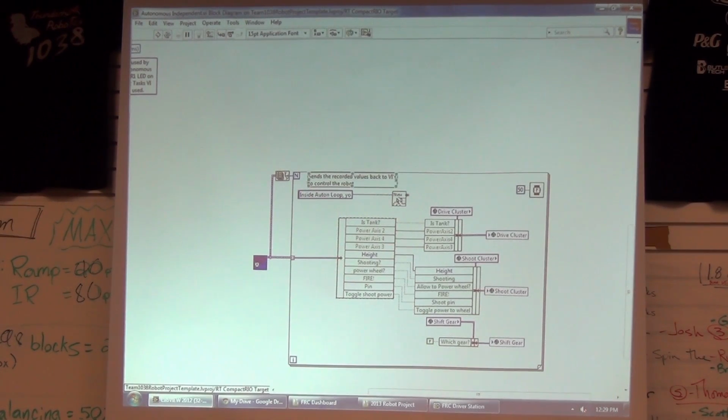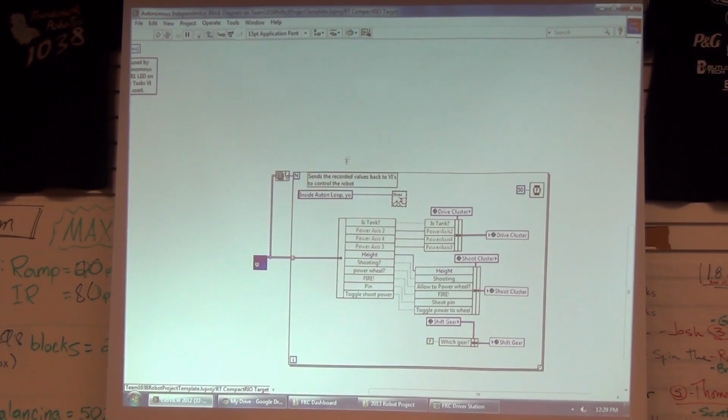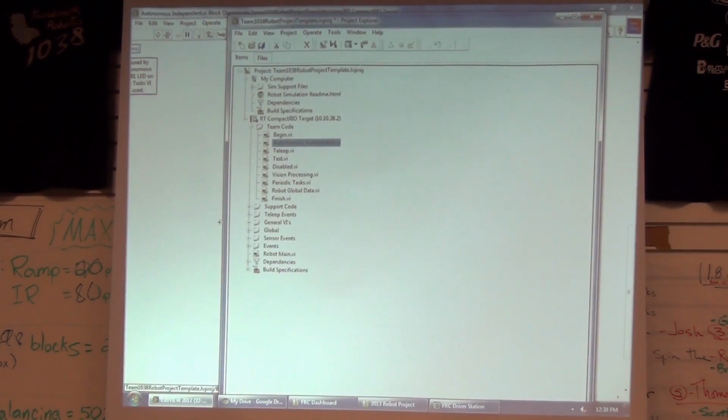And yeah, this thing, if you're wondering, that was just a timer. That was part of our debugging too. One of our controls people was a little nuts, so we decided to name it a little weird. So in the robot project, if you can bring that up, just bring up the project. Under support code, this elapsed time, what you can use that for is to check how often a VI is running. Okay, so